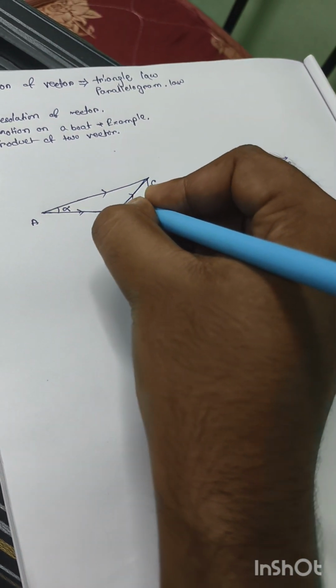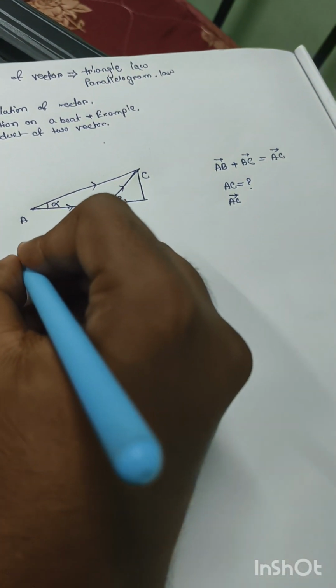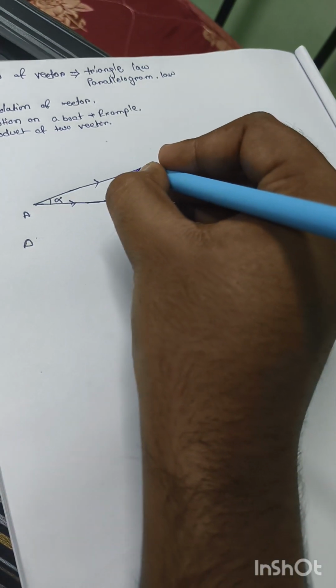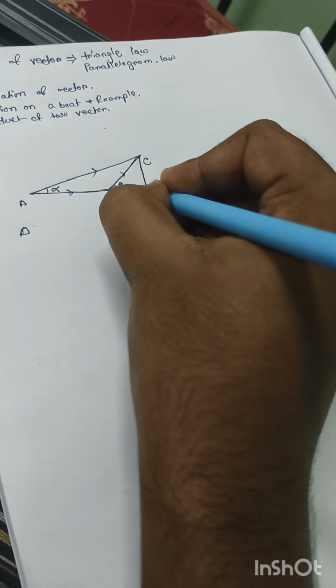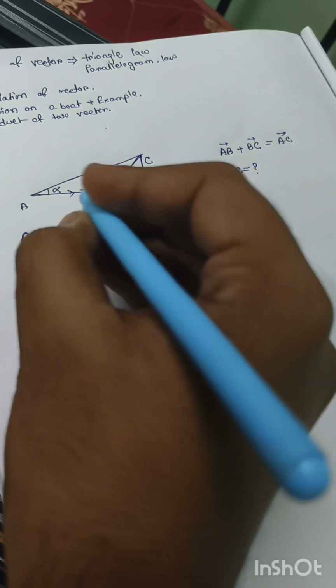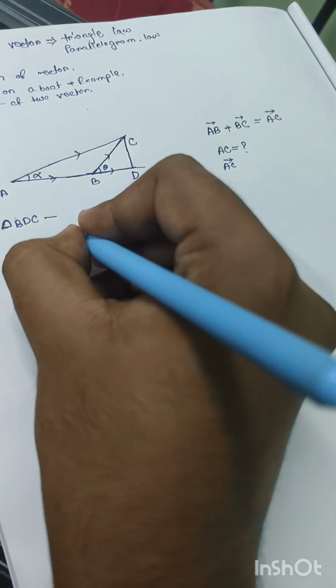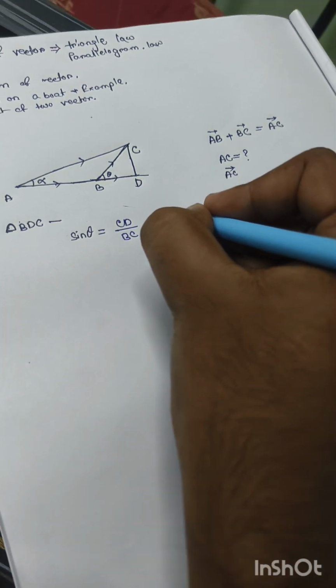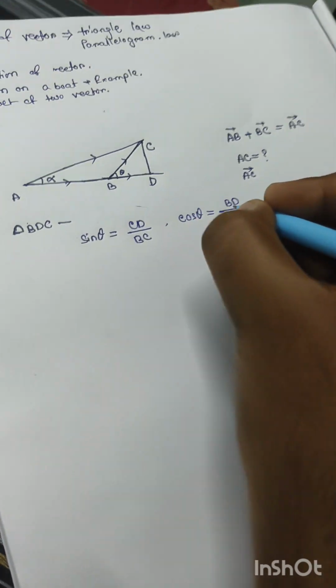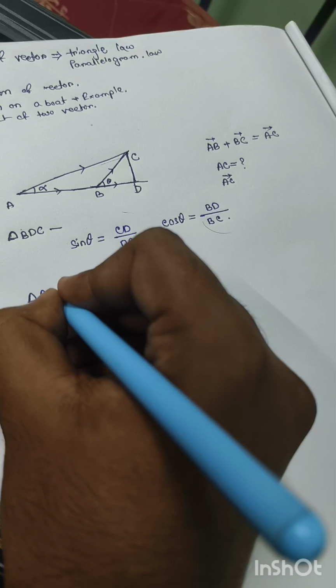Now first, from the triangle ABC, suppose we make a vertical line from C to the extension of AB and it touches at the point D. So from the triangle BDC, you can see easily that sin theta equals CD by BC, then cos theta equals BD by BC. Now from this triangle ACD,